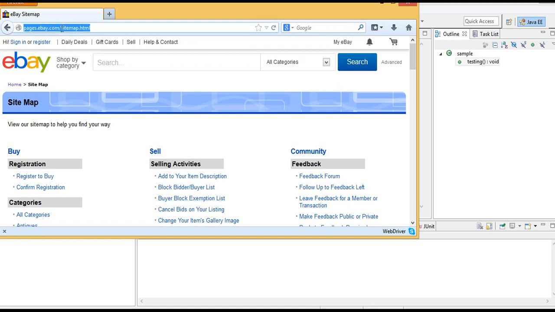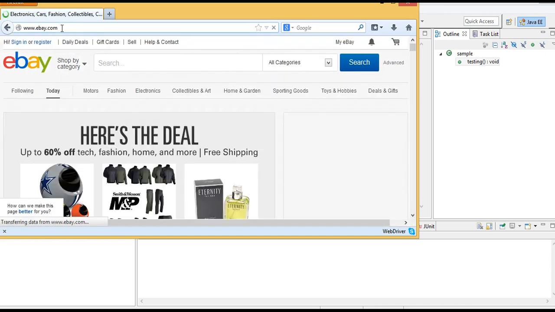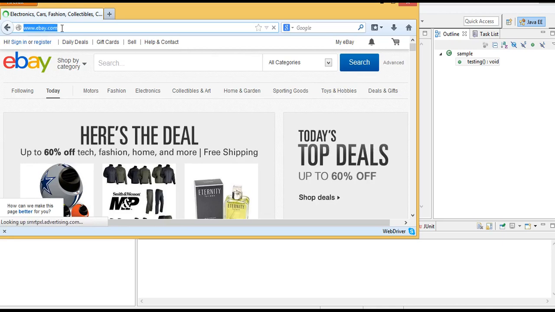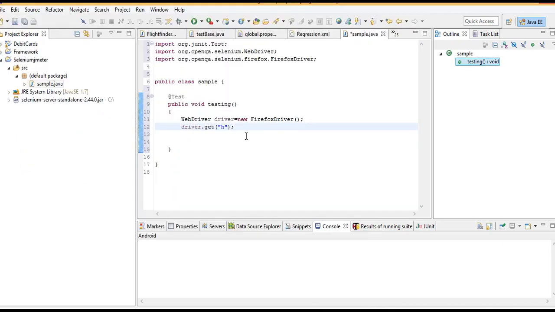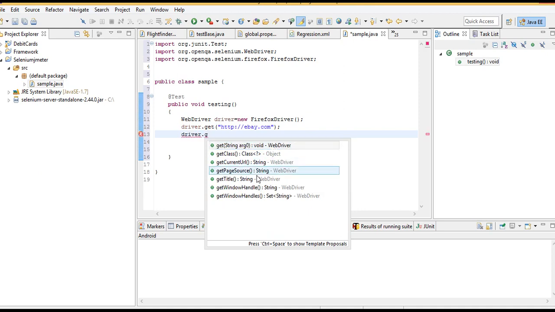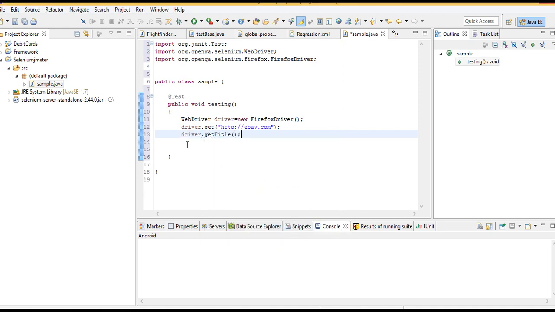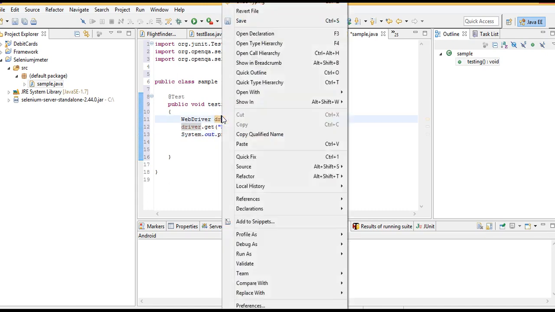Okay, here we can take ebay.com, http ebay.com. Fine. So let's open this and get the title of the page, driver.getTitle. First, let us run it here and make sure it's working as expected.